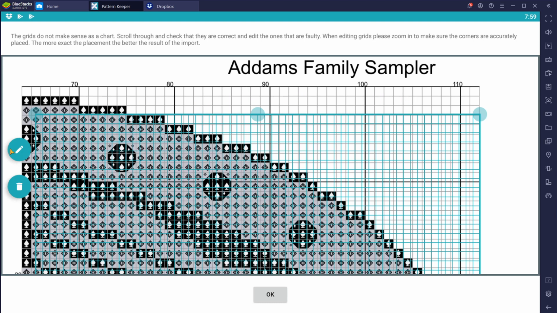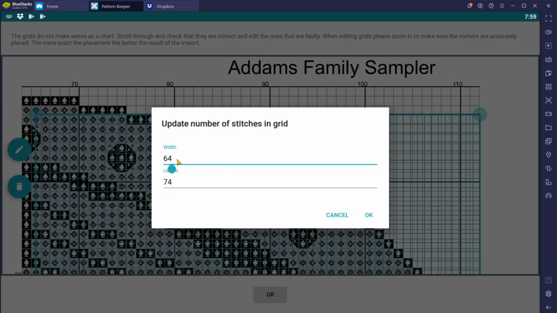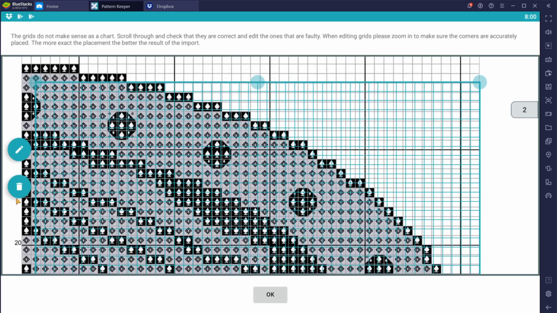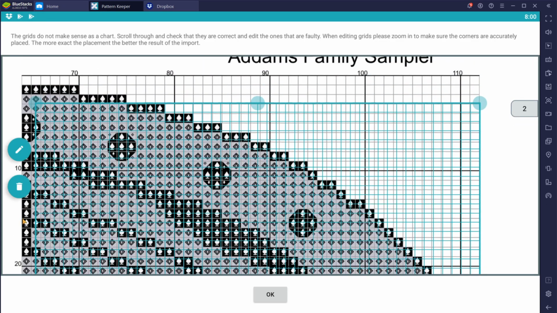No, this is 48. What am I doing? I can't type numbers. I can't math. I can't anything. And then vertically it is